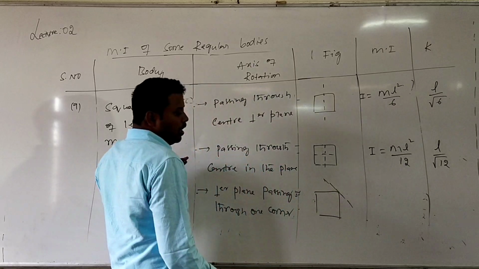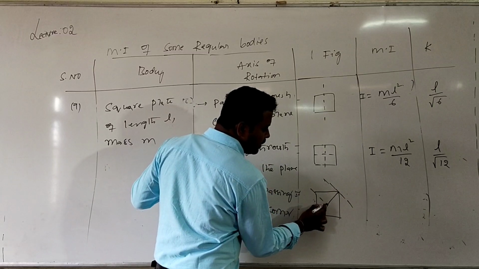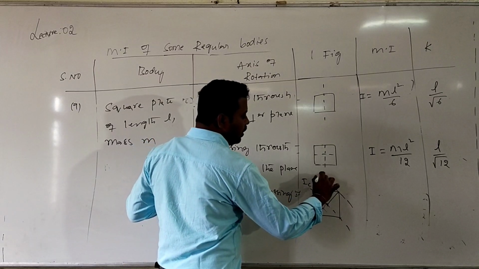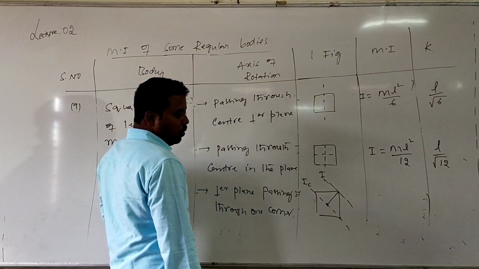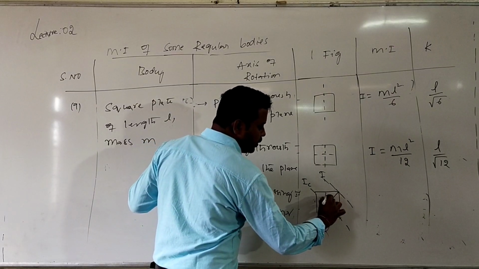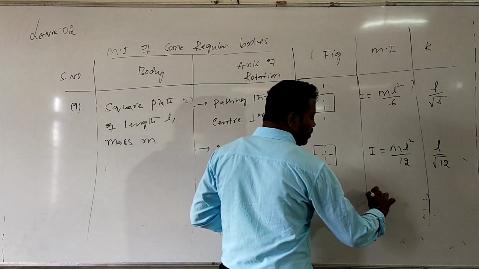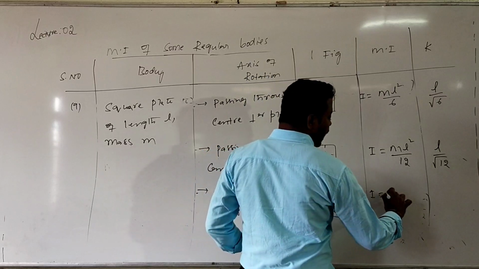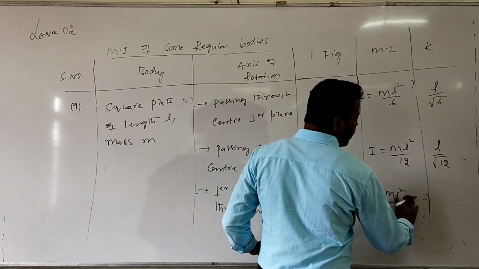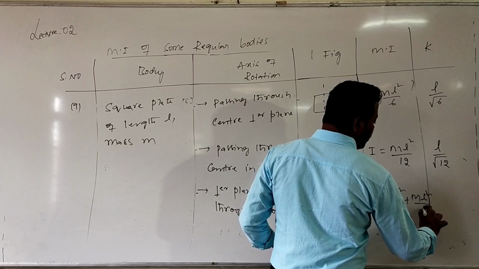passing through corner. What is moment of inertia about an axis passing through center perpendicular to plane value? This will become IC. Then this value will be equal to R. What about this distance? This value will be equal to square diagonal value root 2 into L, so this value L by root 2. So what will we get the answer is given by I value IC value ML square by 6 plus M into, so what is the distance value given by L by root 2? So ML square by 2.